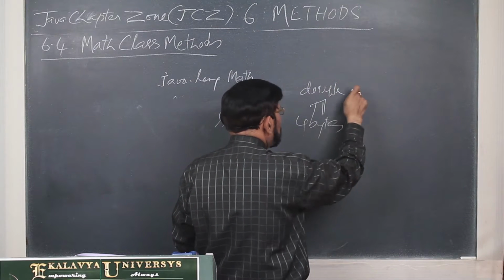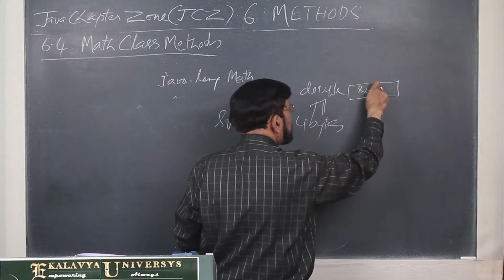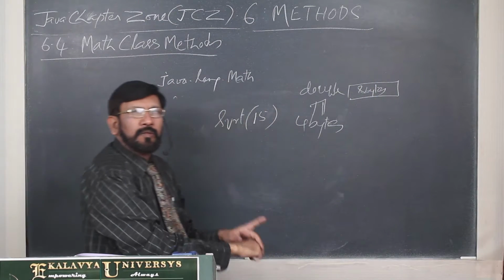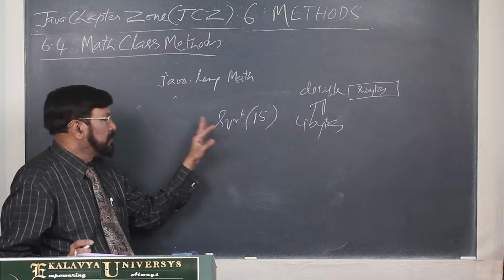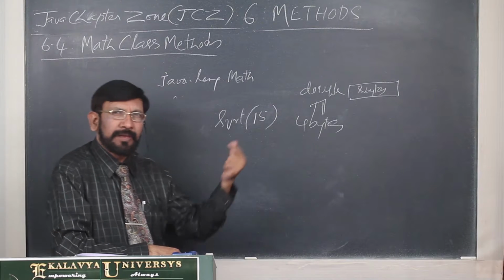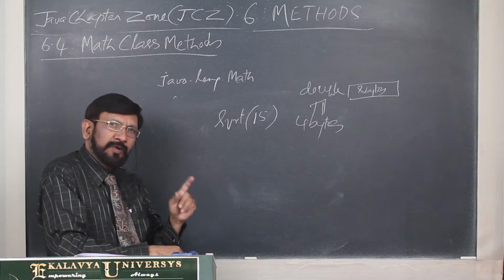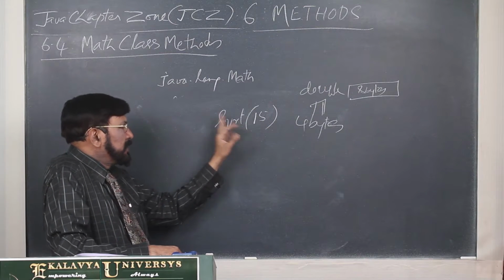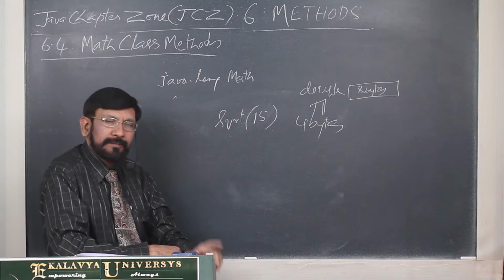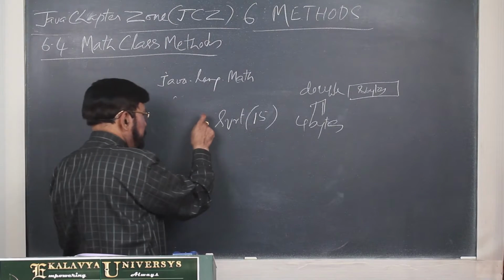It is promoted as double, which means it is stored in 8 bytes. That is called promotion. Whatever type of argument you give, don't think of any special feature; the method takes a double. Whatever type of argument you give, first it is promoted to double, and thereafter the corresponding operation is made. In this context, one very important point you have to understand.